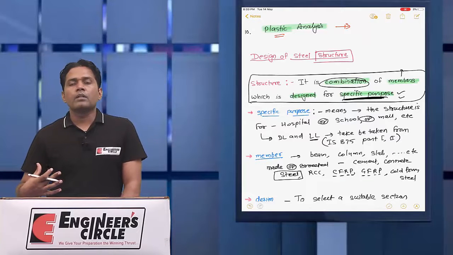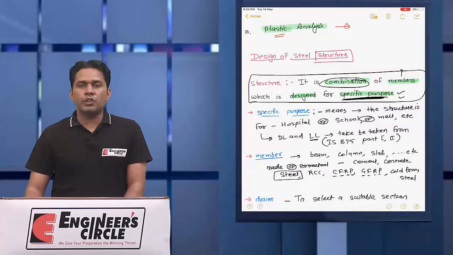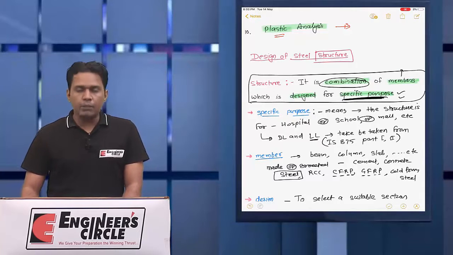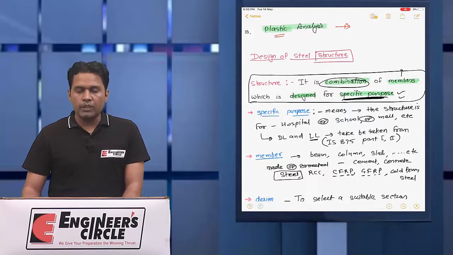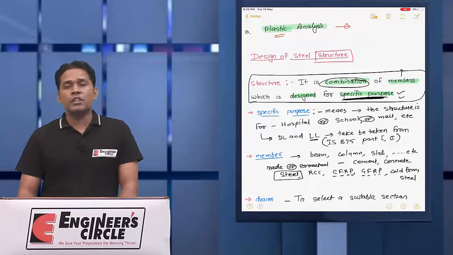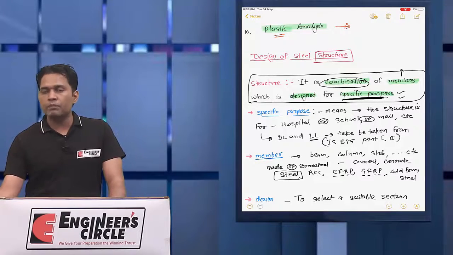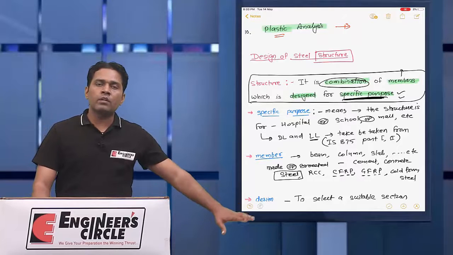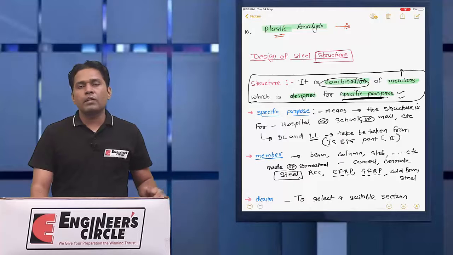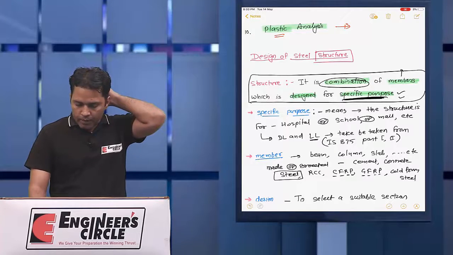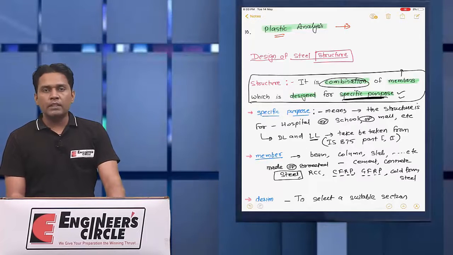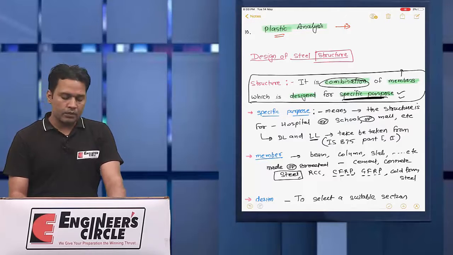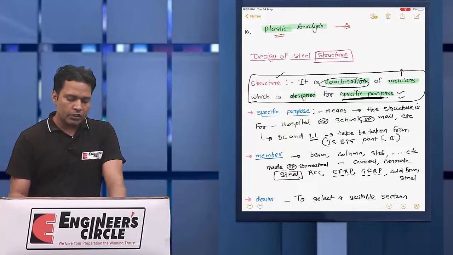Like our body, it is the perfect example of a structure. The bones are jointed in such a way that the members keep the structure in a stable position. If I pull some load here, another part of the structure will balance it, meaning the structure remains stable. The members used are designed, or we can say the dimension is selected for the specific purpose. So this is just the definition of the structure.